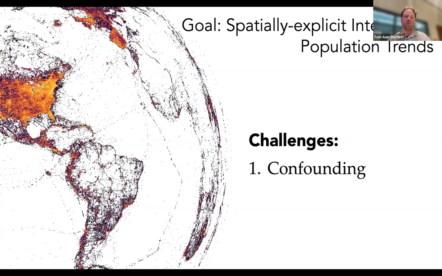The first and most important one is confounding. I think anybody who's aware of eBird as a participatory science project is aware that people change what they do over time, based on where people are going and the program growing, right? More people could mean more birds. That's the confounding and the variation over time that we need to deal with. So that's the first major challenge.